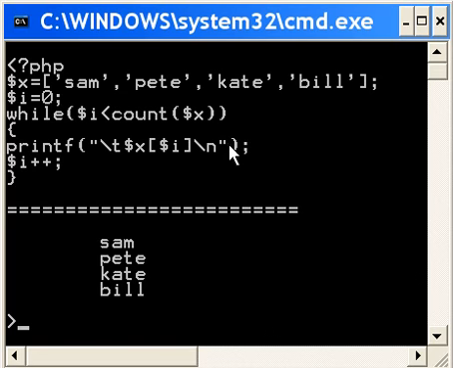First, within double quotes, I do a \t that tabs me over, and then $x, $i, that's the 0th element, prints out Sam, then \n, that's a carriage return line feed, and then tabs over again, increments $i, tabs over again, then the 1th element, that's Pete, then it does a carriage return line feed, and increments $i, and tabs over again, prints out x, the 2th element, and carriage return line feed, tabs over, and $x, $i, the 3th element, and carriage return line feed, and then increments $i, tests